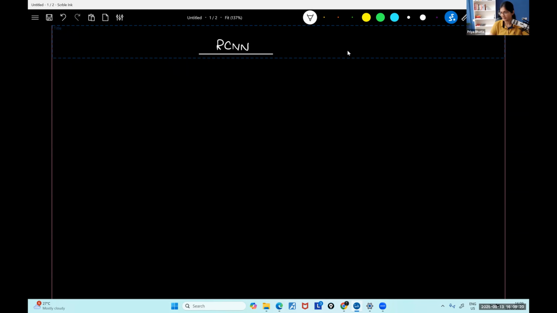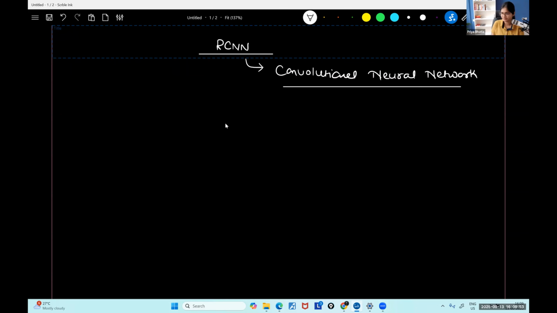What is CNN? Anybody knows the full form of that? What is the full form of CNN? Can I get some response from everyone? CNN means convolutional neural network. That's true. Convolutional neural network, right? Now, this R is the additional word over here, which is about a